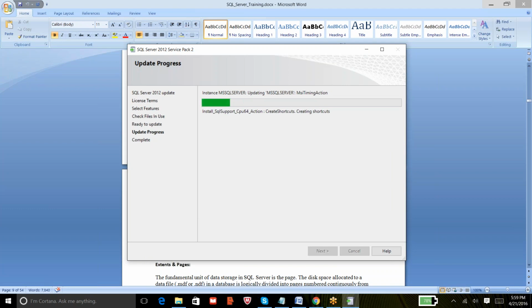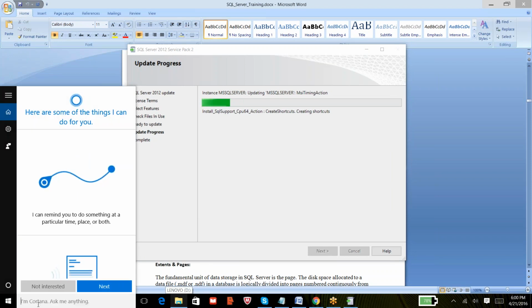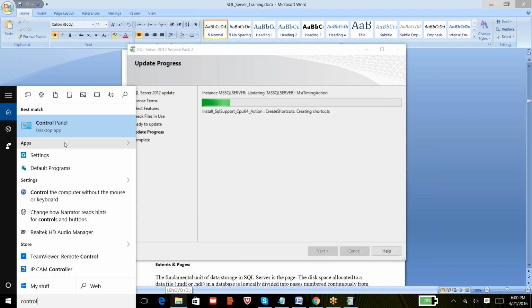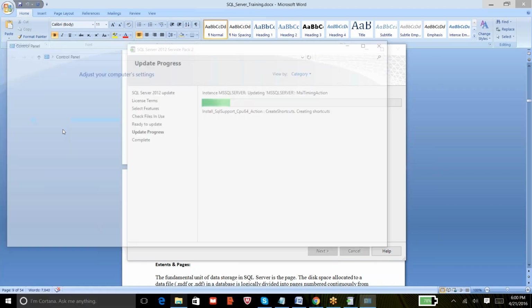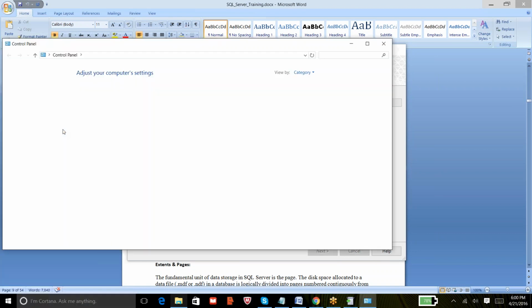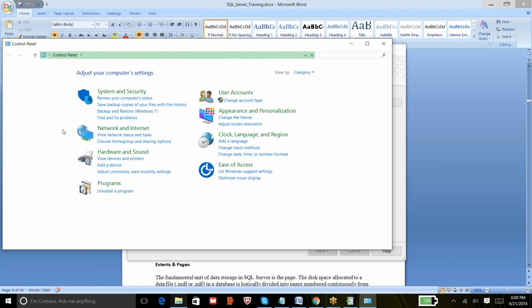We need to go to Programs and Features, maybe in Control Panel, and then you see Programs.